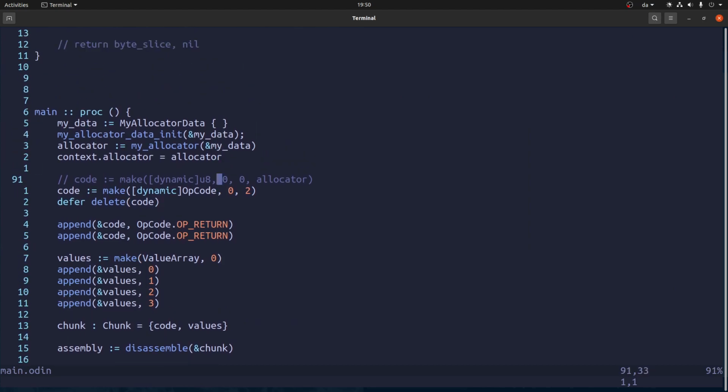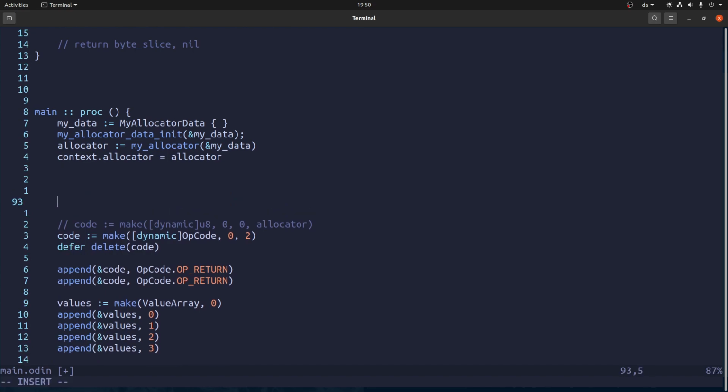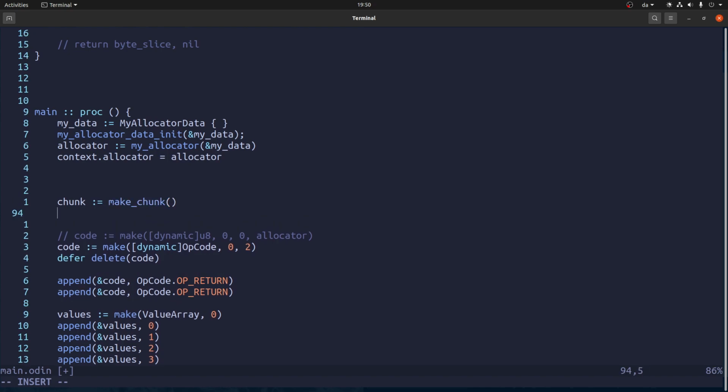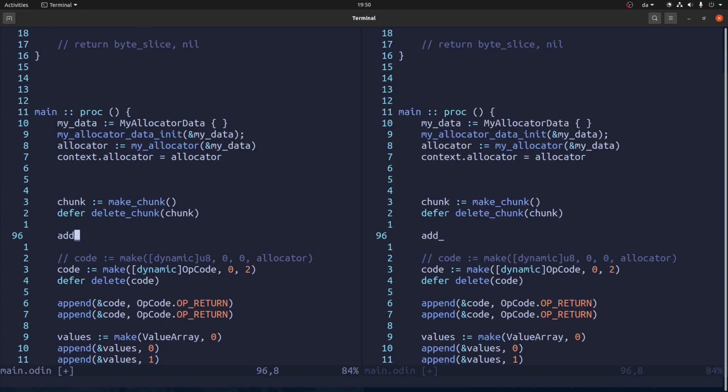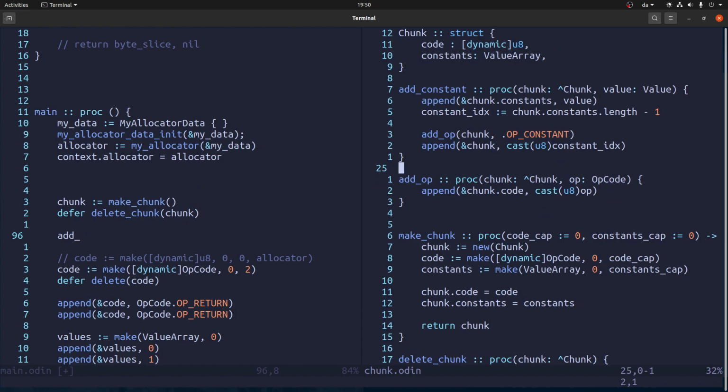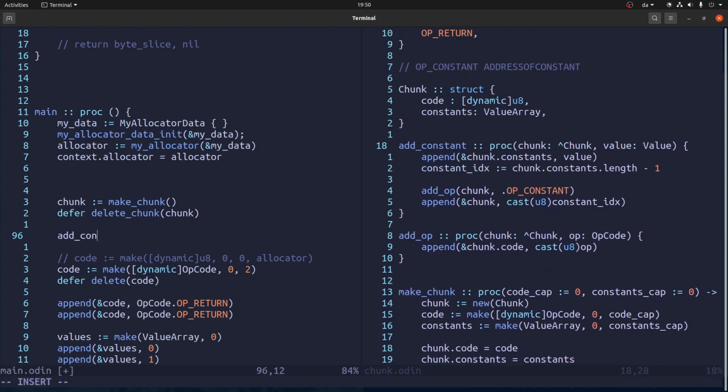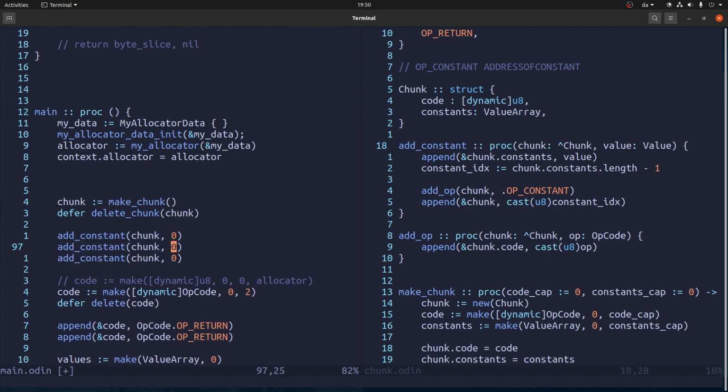So there's the allocator, doesn't really matter. Let's make a chunk with the zero capacity, doesn't really matter. We will delete the chunk in the end. And what I want to do now is, let's say, add a constant. That's basically the only thing we can do now with the chunk, and the value should be 0. Let's add a couple of constants,